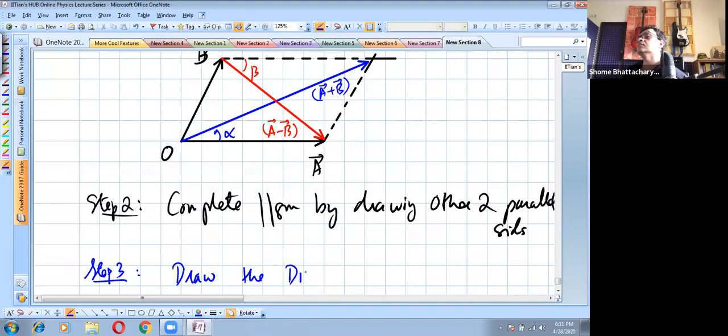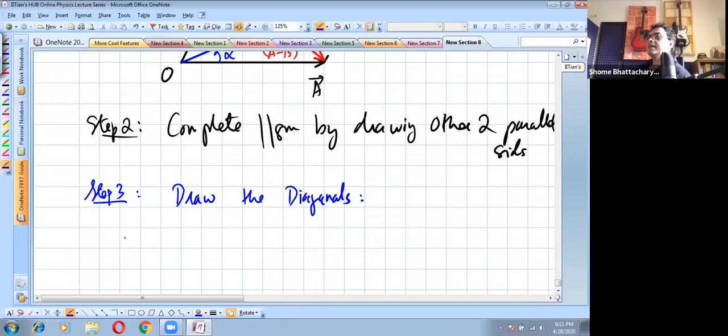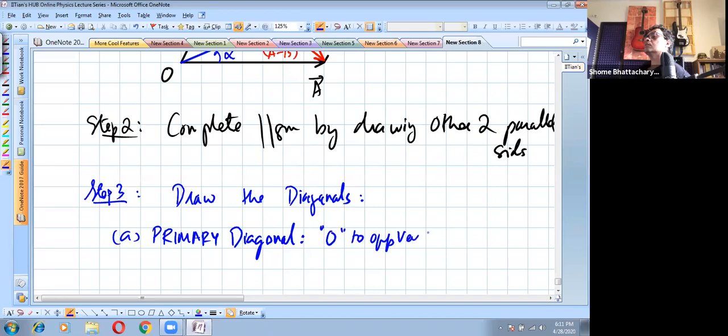Draw the diagonals. Okay. Now in the diagonals, the instruction becomes like this. What we label as the primary diagonal, that is from origin to opposite vertex, that actually becomes the sum. That's how we remember this, that the primary diagonal is the sum and the so-called secondary diagonal